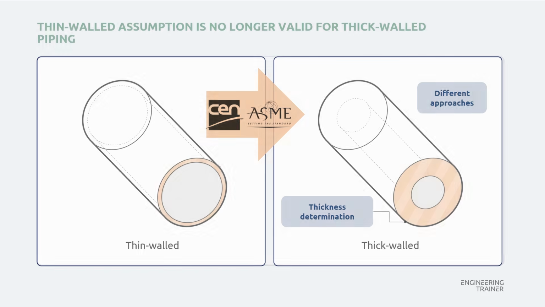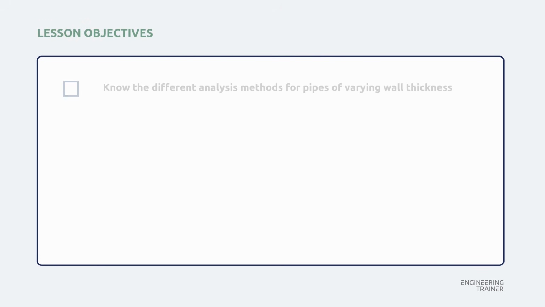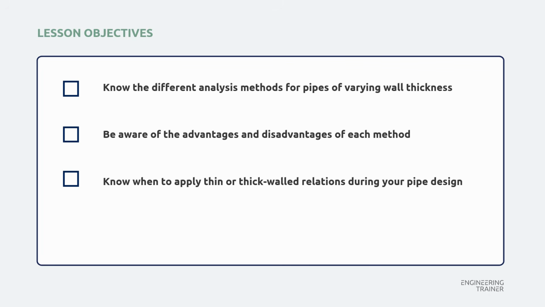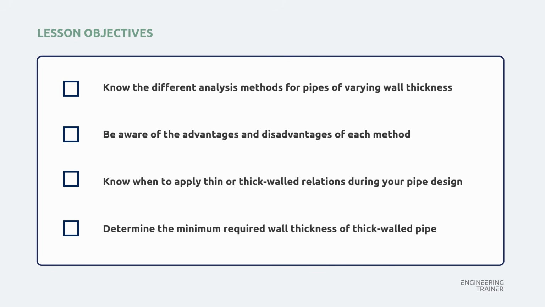pipe thickness. The lesson objectives in this module are to know the different analysis methods for pipes of varying wall thickness, to be aware of the advantages and disadvantages of each method, to know when to apply either the thin or thick-walled relations during your pipe design, and how you can determine the minimum required wall thickness of a thick-walled